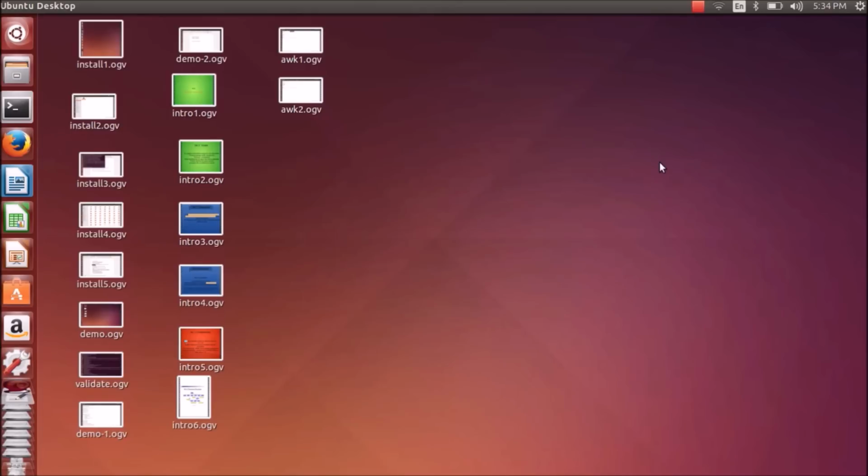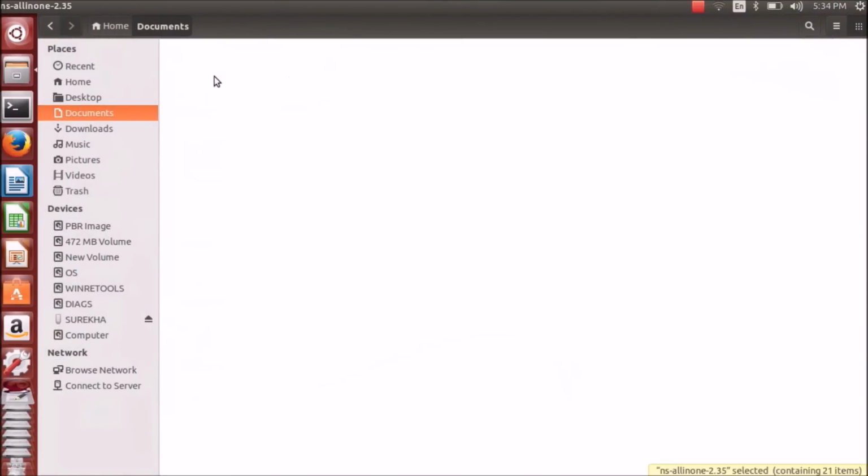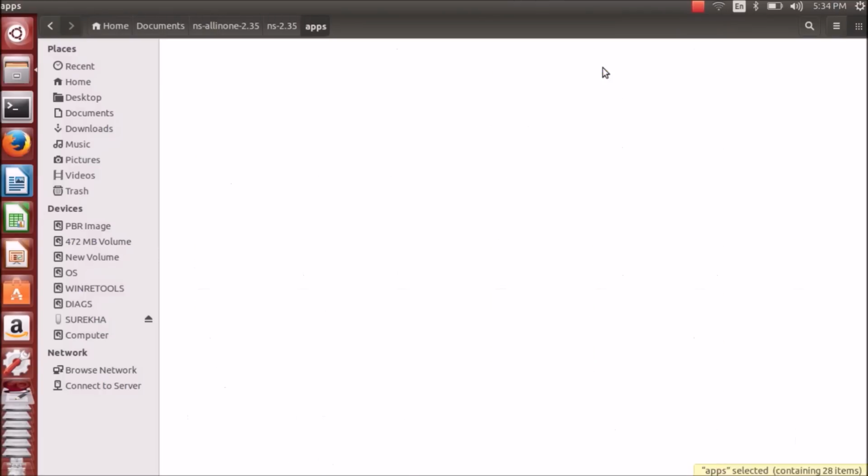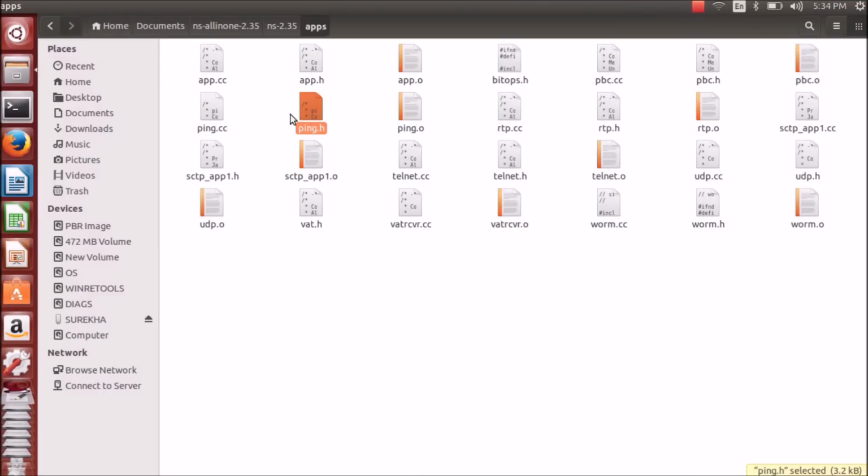New protocol implementation requires .h and .cc files. Both the files should be placed in the ns-allinone-2.35, then ns-2.35, apps folder. So both your ping.h as well as ping.cc should be placed in this folder. Now we'll see the